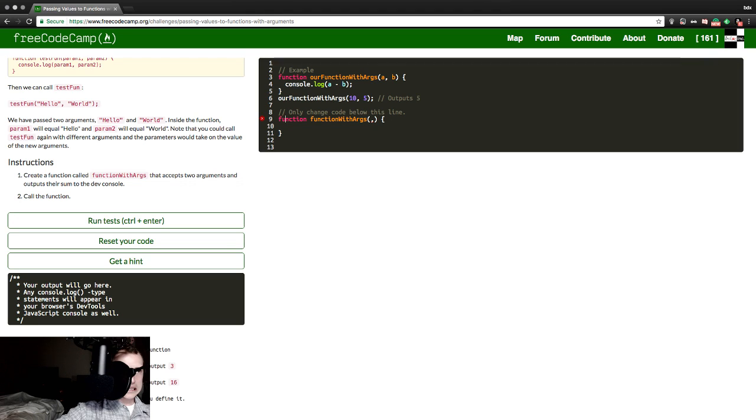And console log that accepts two arguments and outputs their sum. Okay, so it will console log dot and plus. Hopefully that's cool. Which arguments would they... I guess we could just use A and B again. Let's do C and D, just because we can. Why not? C plus D,